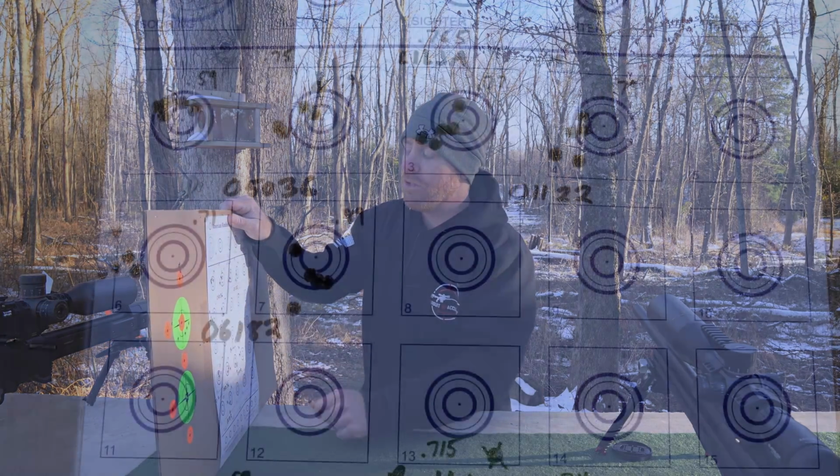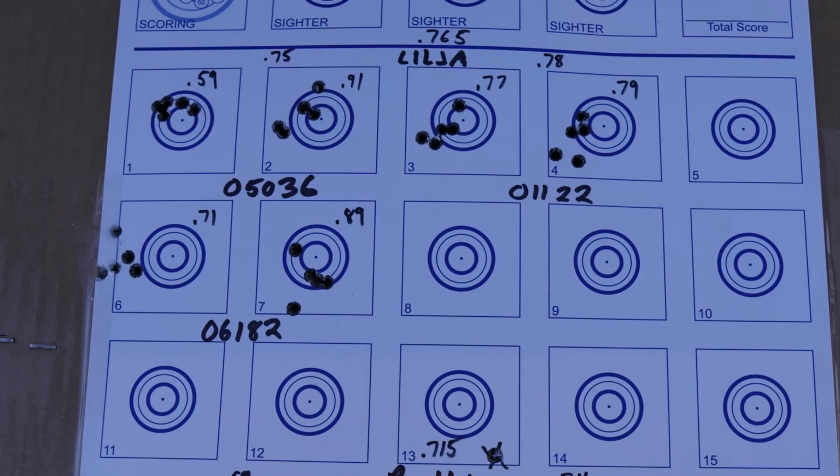And so if we go to the first group on the Lilja, the 05036, we see we shot a .59. I was very happy with that and got my hopes up. And then we shot a pretty nasty .91. Then when we go over to the 1122, we shot a .77 and a .9. On both of those, you can see most of the group spread is vertical. And then we go to the last one,